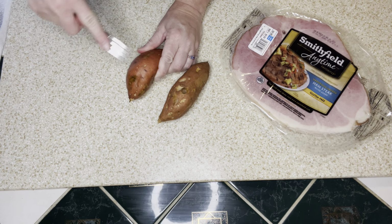The next night's meal, I am prepping some sweet potatoes for baking. I have 5. I have 3 large and 2 small. I have washed those, and now I'm pricking them with a fork, and I'm going to get them started in the microwave. I'm going to take this ham steak, and I'm going to start cutting it up and placing it